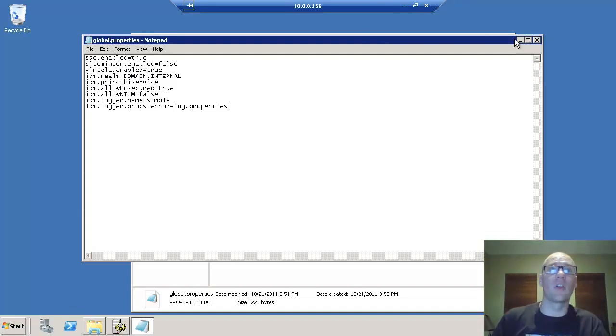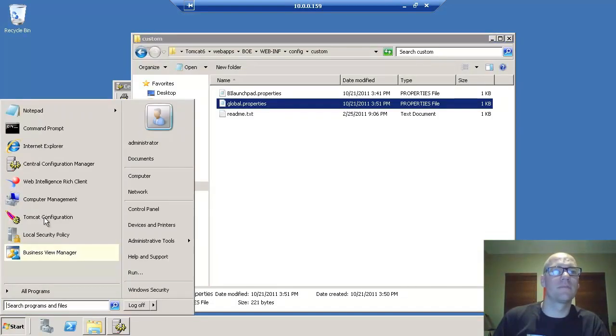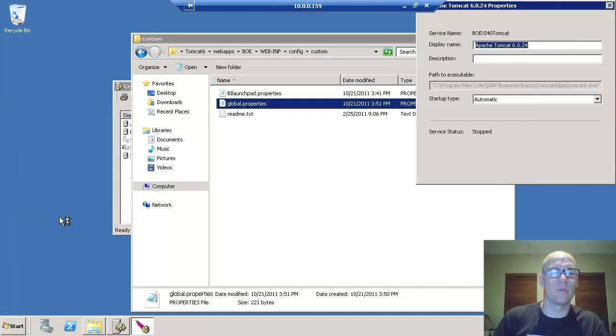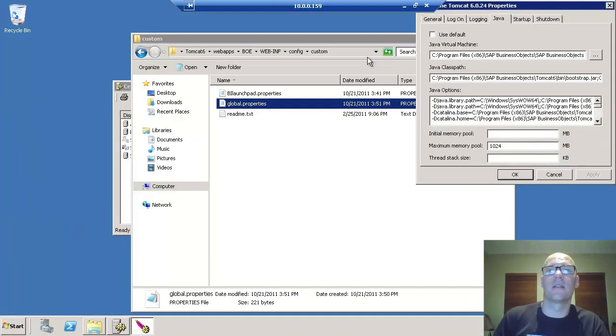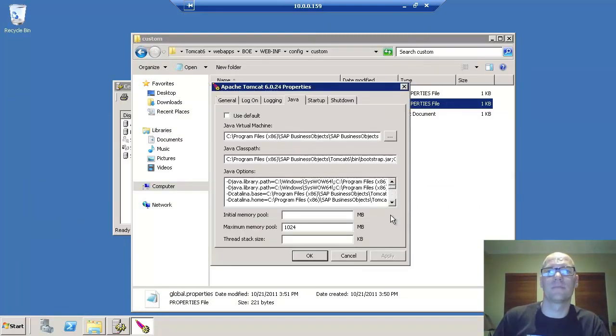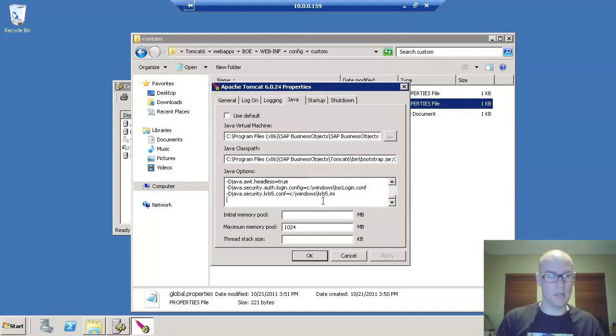Okay, so now that we've created the global.properties, again, just quickly verify that that's correct. We now want to go into our Tomcat options, Tomcat configuration where we were before. We've got a few more extra lines to add to the Java options. Two more, com.wedgetail. So the wedgetail tag is quite important. What this does